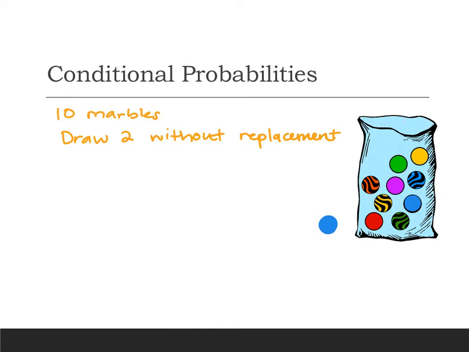Let's say the first one is a solid blue. That's going to give us a few options of conditional probabilities that we could find. So now, what is the probability of the second marble